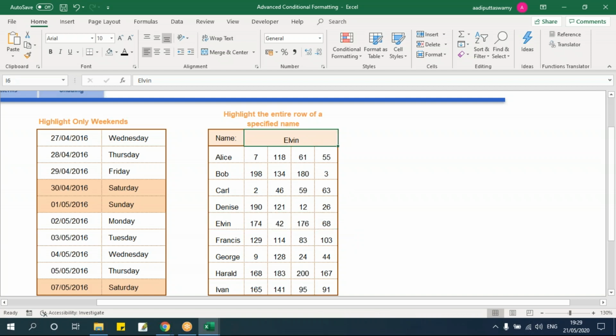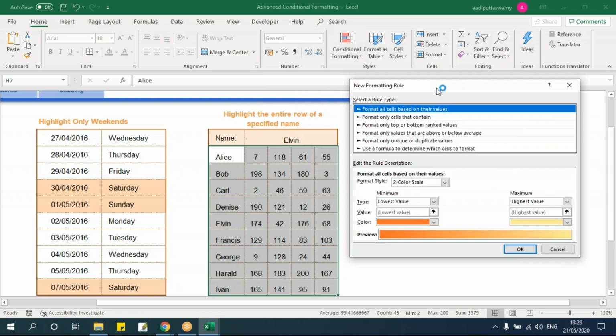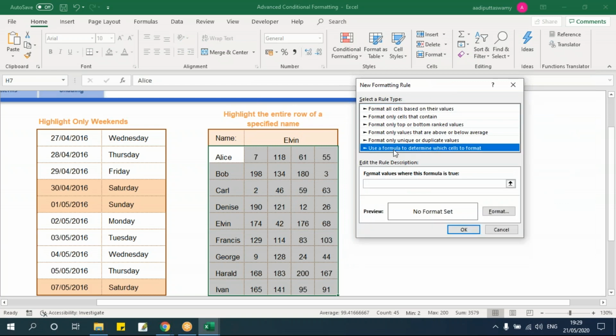Let's go and check. Now what I'll do, let me select these cells. I'll say conditional formatting, and here I'll say new rule. We'll go to this custom formatting here, say formulas, and here we just have to say equals this.